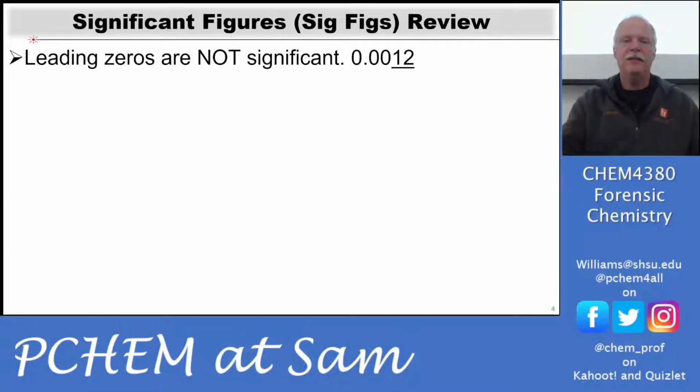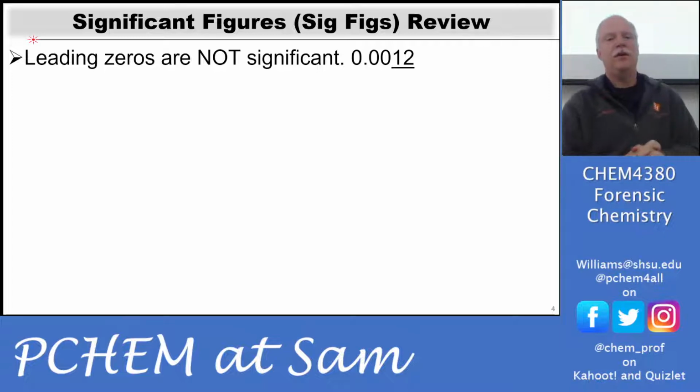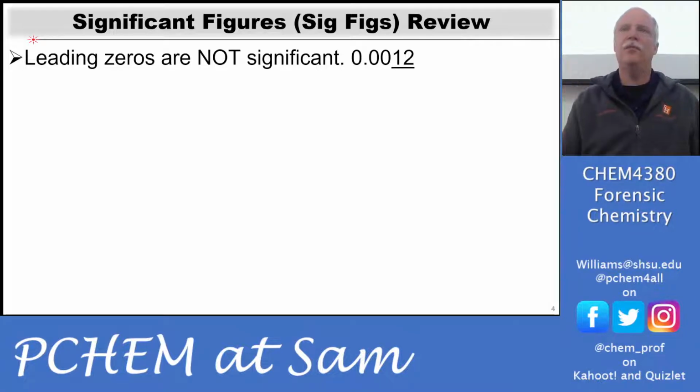Now let's dig into the details and start looking at the actual numbers. This is a bit of a review. And so these are the rules associated with significant figures. Because again, if it's about trust, what are you doing when you write a number down in a report? You're communicating with somebody. Okay, and what's interesting is communication. I like to say that significant figures, even though it seems kind of boring, is really a critical piece of information because it's communicating value.